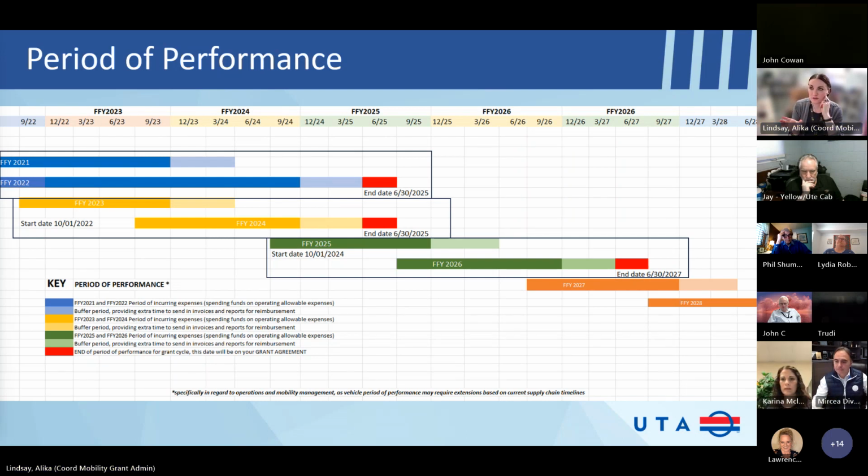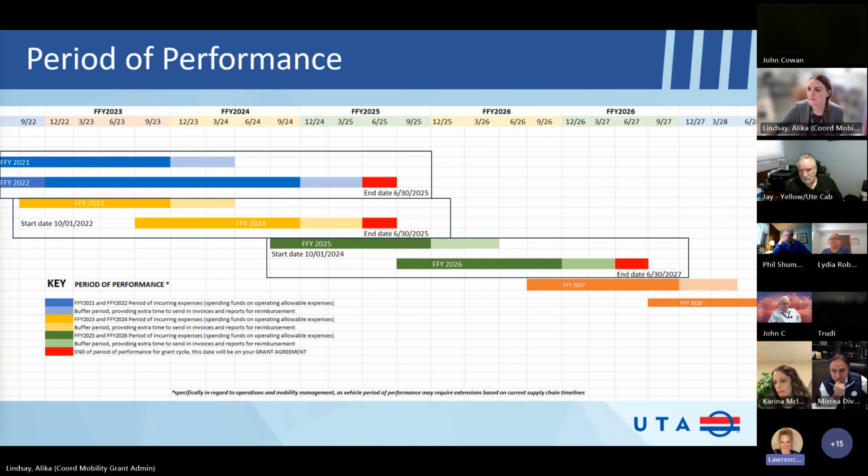So if you haven't finished submitting your closeout report, right, we have to give you 90 days. But you should have gotten all your capital. You can't procure anything past 6/30. Does that make sense? So, let's say we're doing preventive maintenance. We can do preventive maintenance on like 6/29 and be able to count that in this grant. Yes. Okay. But we have to have your invoices in before 9/30. Yeah. And we have to pay you before 9/30. So that's pushing it, but we can do it. Okay, thank you.